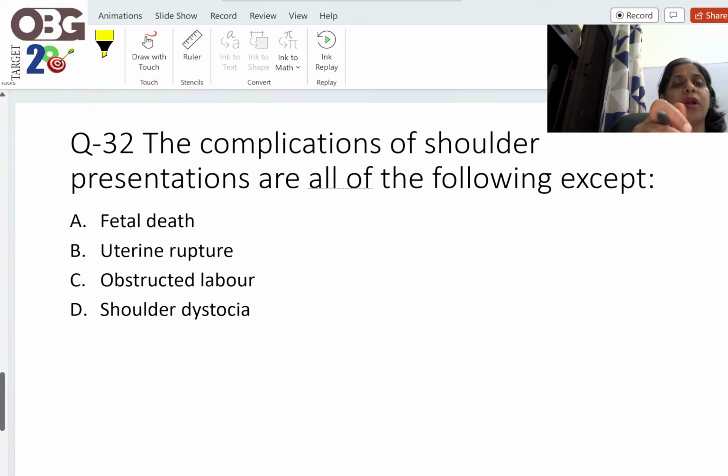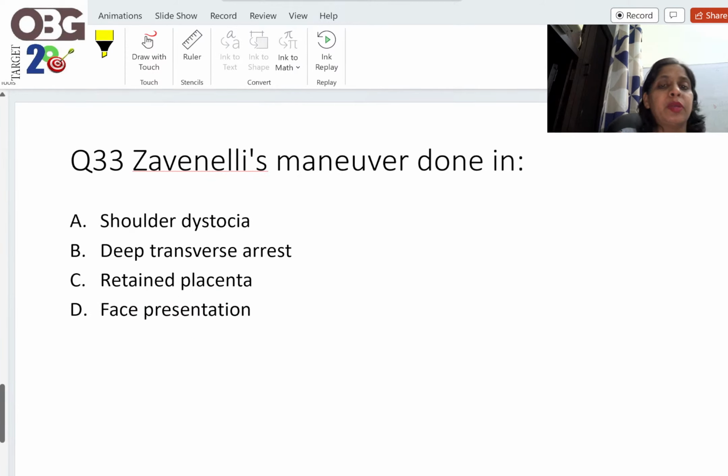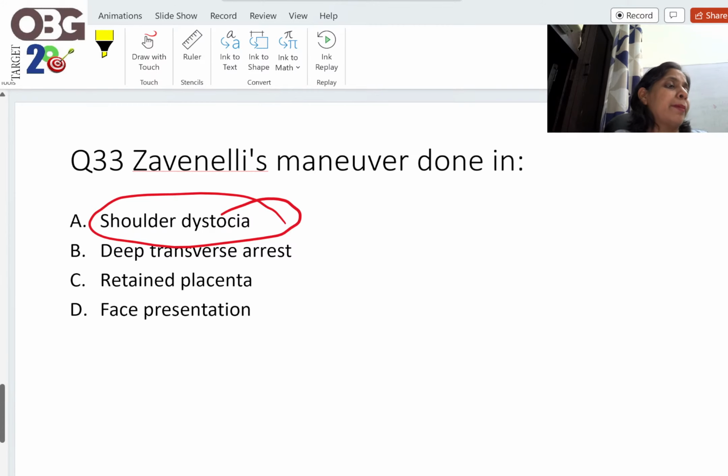चलिए, the complications of shoulder presentation are all except, so answer is shoulder dystocia. शोल्डर प्रेजेंटेशन या ट्रांसवर्स लाई का क्या क्या कॉम्प्लिकेशन होता है। शोल्डर डिस्टोशिया नहीं होगा, क्योंकि ट्रांसवर्स लाई में कभी भी हेड पेल्विस में नहीं जाता है, तो शोल्डर डिस्टोशिया कभी भी नहीं होगा। जेविनली मैन्यूवर शोल्डर डिस्टोशिया में किया जाता है। अगर किसी भी मैन्यूवर से बच्चा नहीं निकला, तो हम वो हेड जो बाहर निकला था उसको वापस अंदर डाल देंगे। इस चीज को जेविनली मैन्यूवर बोलते हैं।